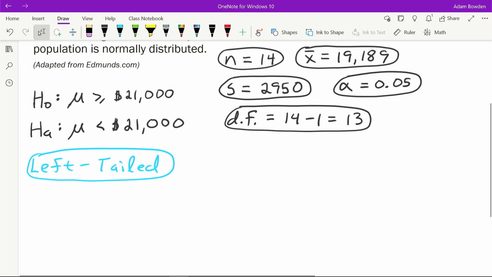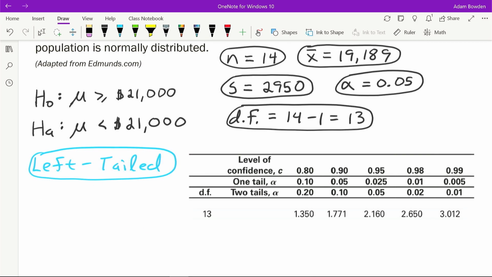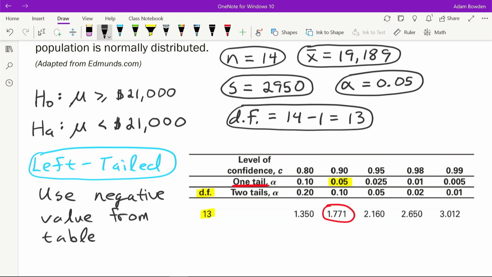Okay, now we can look things up in the table. Okay, I looked it up in the table, and here's where we're at. We're down to degrees of freedom is 13. Our alpha, we can look that up here, but we're doing one-tailed since it's left-tail, so we're just doing one tail. So that leads us to this value here of 1.771. So since this is left-tailed, we're going to use the negative. So that means our critical value t sub c is negative